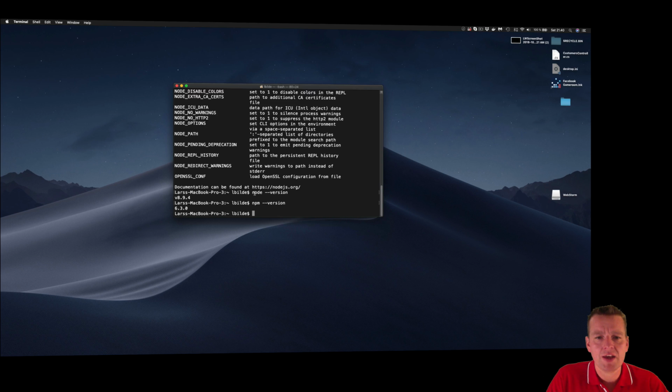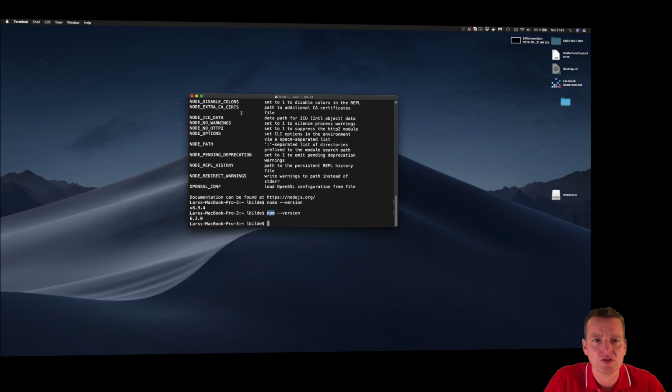Now, Node again is the framework that we're going to use to actually execute JavaScript code on your machine, and npm is actually a package management system that we can use for Node. So that's just a quick and dirty introduction to Node.js. We're going to use this to actually start working with our Angular projects. We're going to start using Node.js for that. So that's why you need to install it,